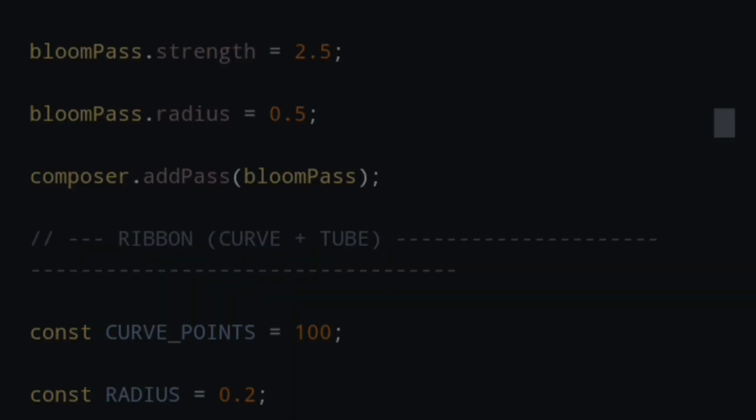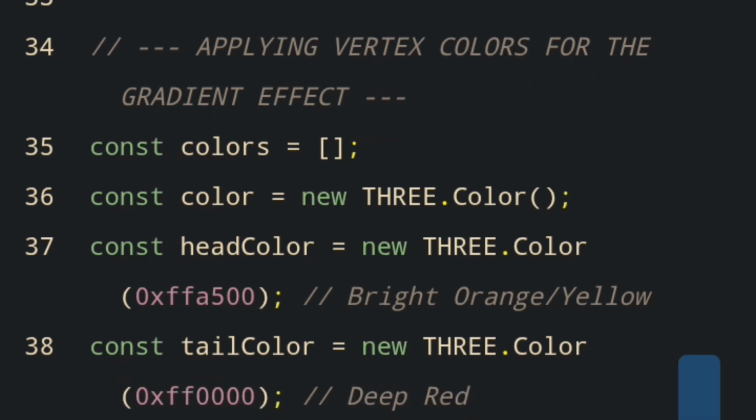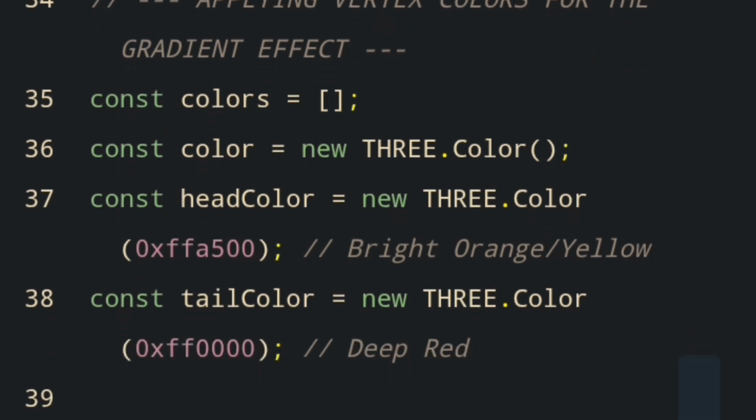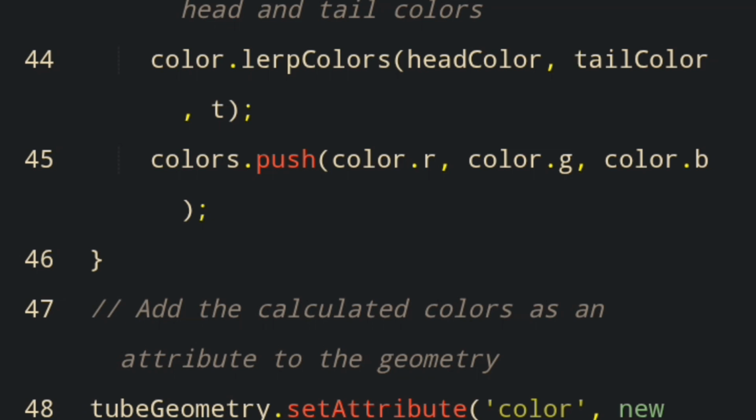const colors = []; const color = new THREE.Color(); const headColor = new THREE.Color(0xFFA500); const tailColor = new THREE.Color(0xFF0000); for loop: color.lerp(headColor, tailColor, t); colors.push(color.r, color.g, color.b); tubeGeometry.setAttribute('color', new THREE.Float32BufferAttribute(colors, 3));